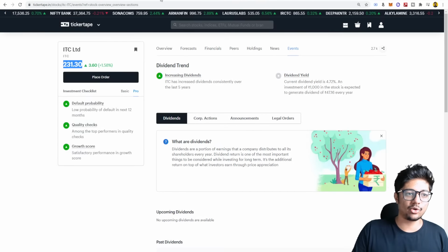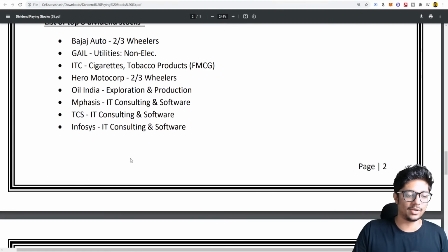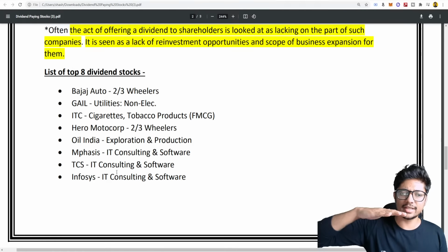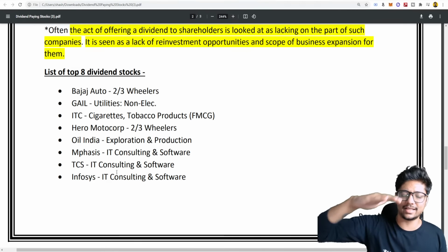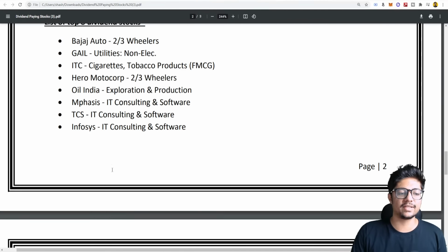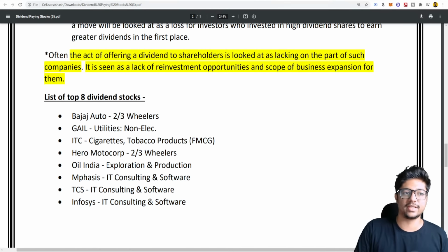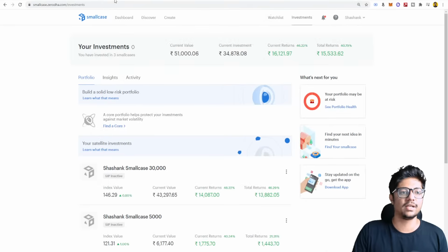Now let me just show you quickly, let me go back and show you all these companies here, right? These are all companies that are stable. Okay, they're not too volatile. These are all companies that are slightly stable and they give you good dividends as well. Cool. So I'm going to show you these 8 stocks, and assuming you do a dividend investing strategy, let me create one for yourself, right? Where is this? Okay, let me just create one for you.